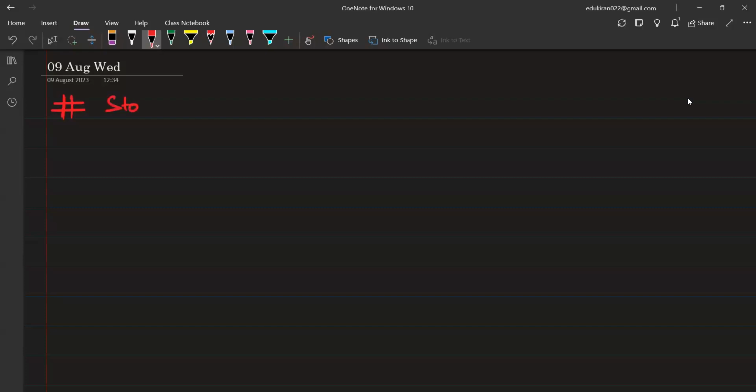Right here, stoichiometric calculations. In stoichiometric calculations, we are going to look at the amount of reactant and the amount of product that is being formed. Okay, so please write, it involves calculation of